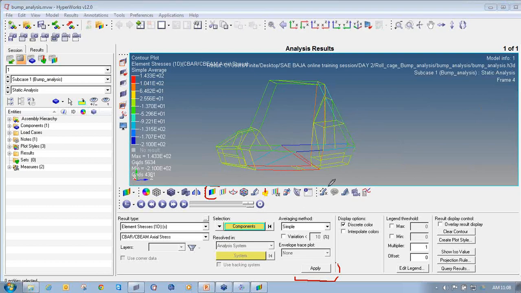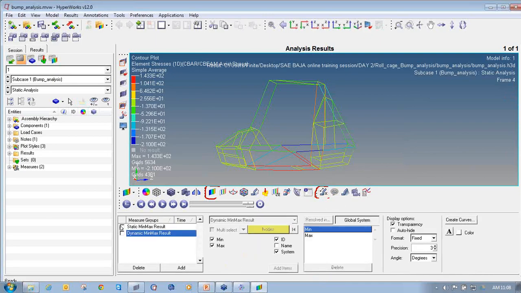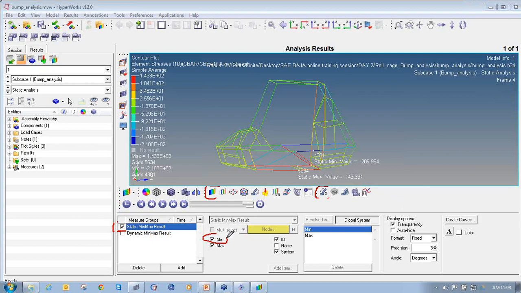To find out the maximum stress value, you can click on the measure icon and check the box in front of static min max result. We don't require the minimum stress on my model, where the minimum stresses are coming. We mostly require the area where the maximum stresses are coming.